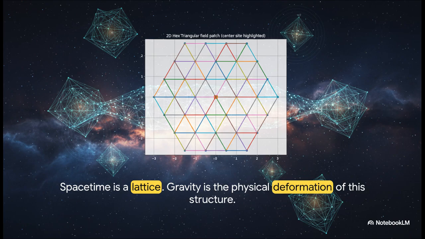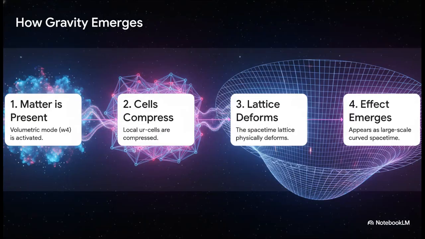And what's driving that squeeze? It's that volumetric mode we talked about earlier, W4. The cause and effect chain here is just beautifully direct. First, you have matter. The presence of matter activates that volumetric mode, W4. Second, this compresses the local Ur cells. Third, that compression causes the entire lattice to deform. And finally, when you zoom way out, this microscopic, elastic compression looks exactly like the smooth, curved spacetime of Einstein's